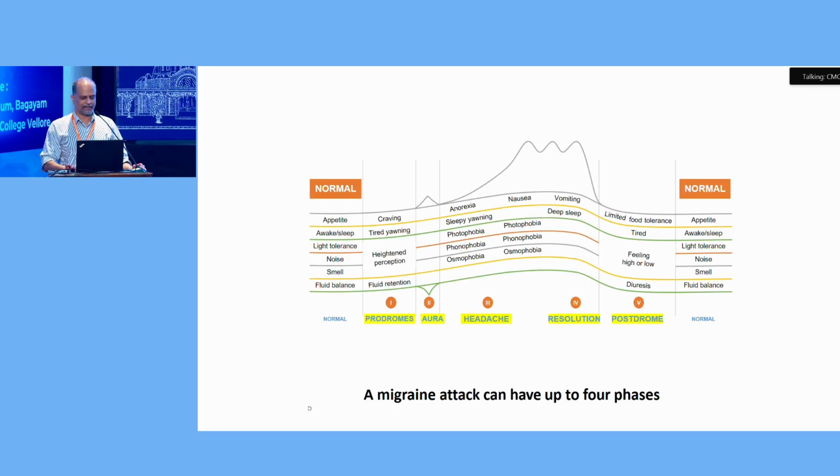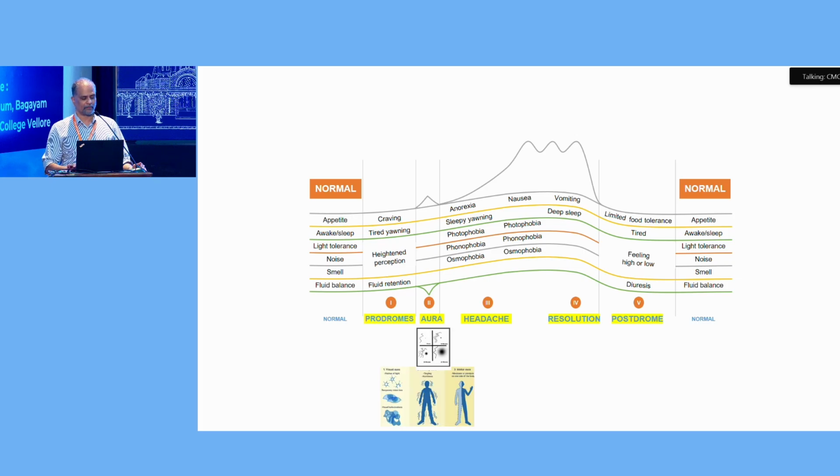If you look at migraine, they can go through these stages. First you have something called prodrome. During this prodrome, the patient will have tiredness, they can be yawning, have fluid retention or craving of food. This can occur for a few days, even a few days before the actual headache occurs. Then they can go on to the phase of aura, which can be sensory, motor, or visual aura, which is the most common. And sometimes this can be a mimicker for a stroke, suppose first time somebody is coming with a motor aura.